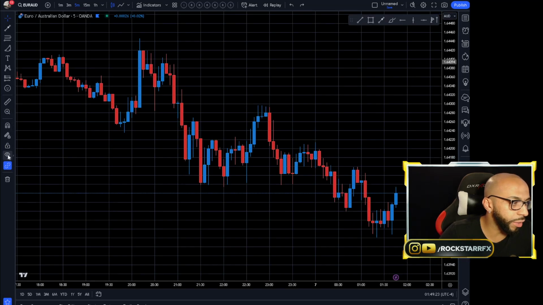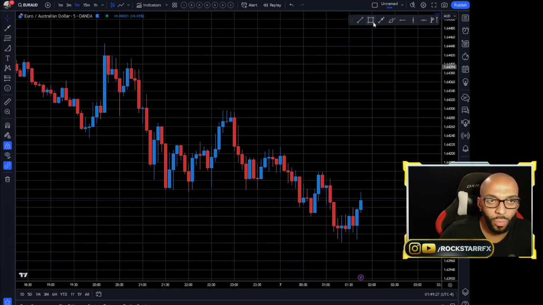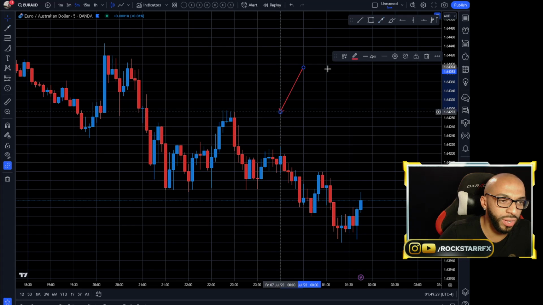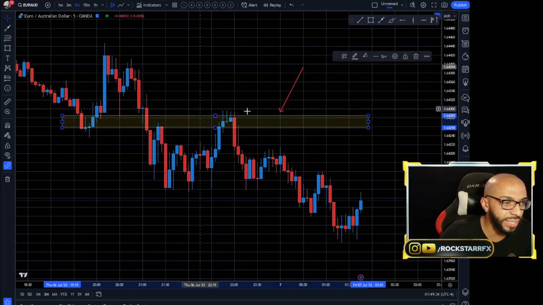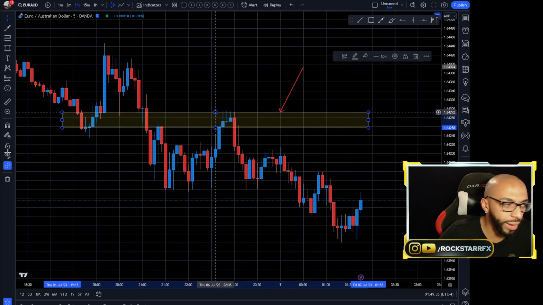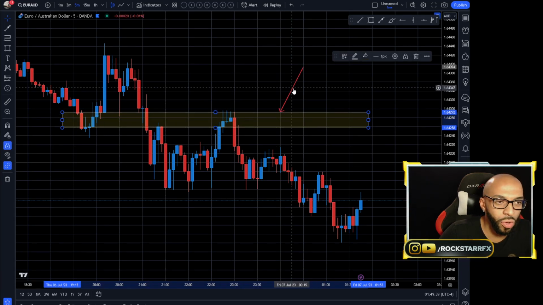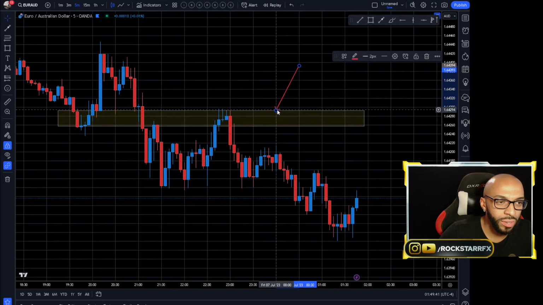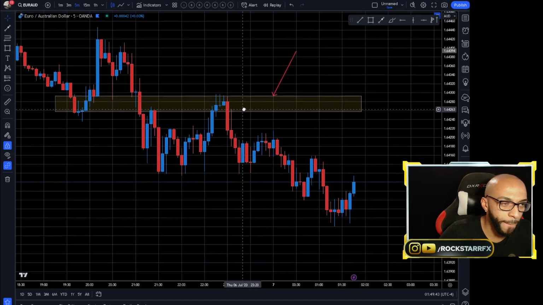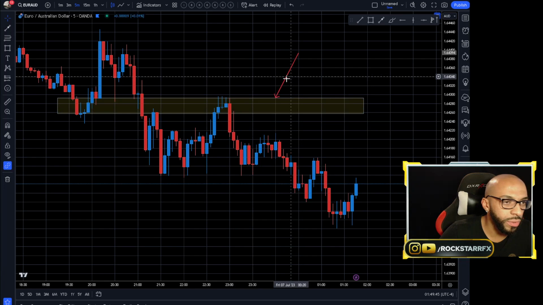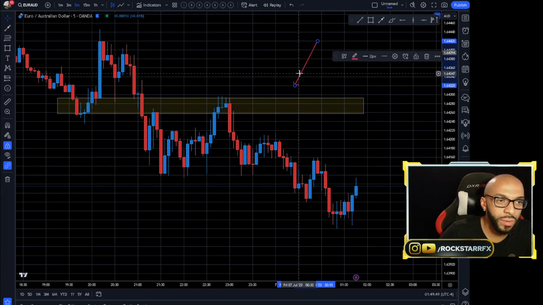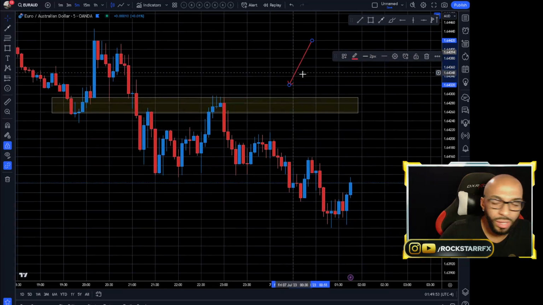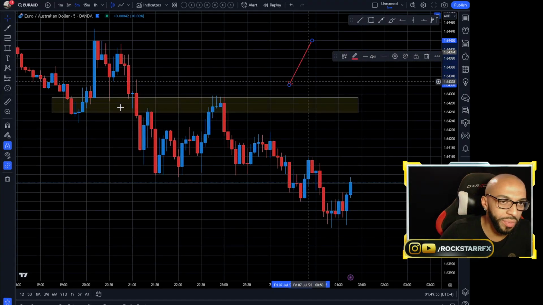So these down on the bottom aren't really tools that I use very often. I might use the lock tool every once in a while, and what this does is, let's say I'm drawing certain things up, and maybe you have a habit of accidentally moving your drawings around. With the lock tool, it'll lock all drawings to the screen, so I can't move any of the things that I drew up, right? And if I take it off, as you guys can see, I can move the arrow around. I put it on, I cannot move the arrow around. So any of the things that you draw on the screen are going to be locked to the screen